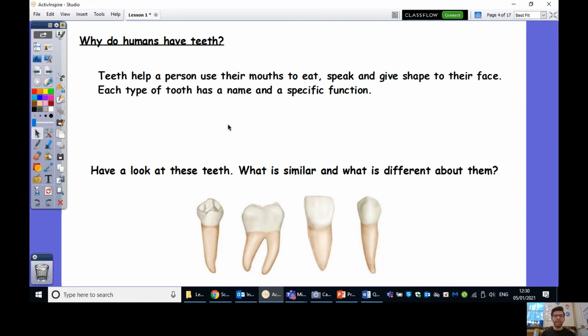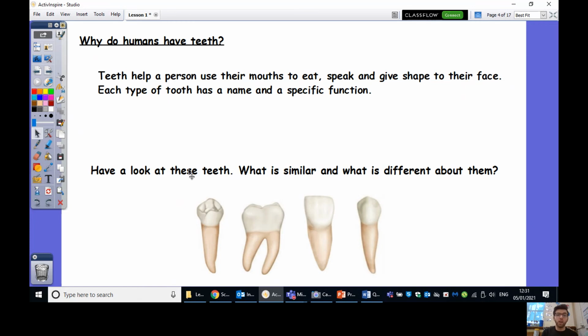Okay, so hopefully you've had a bit of chance to reflect. We can have a look at these ones here. The main similarities between them is, of course, you've got the same color. All the teeth are white here and pink at the bottom. Now, why do you think they're pink at the bottom? These are your gums, actually, and all of your teeth have roots that go into your gums. So underneath this pink bit here, you still have the white tooth, which has a deep root in there to make sure that your teeth don't fall out. Because if they only went up to the gum there, it would be much easier for them to fall out and you would end up toothless pretty quickly.